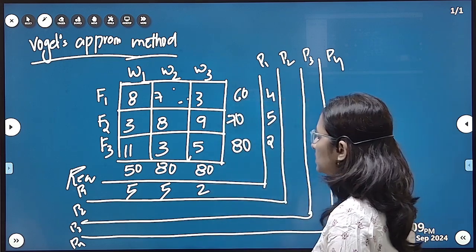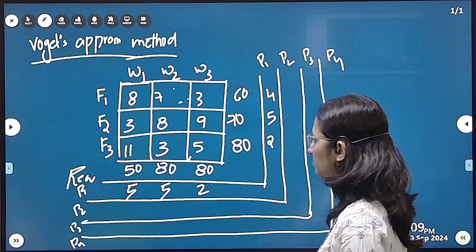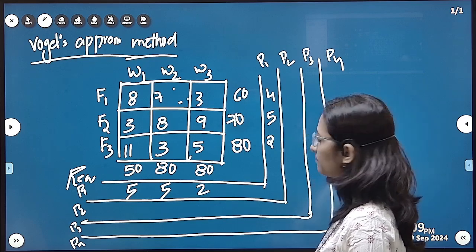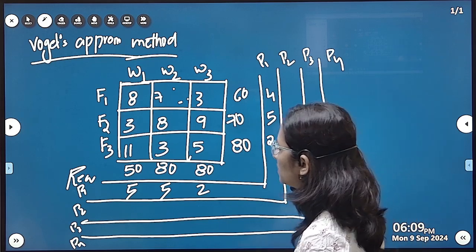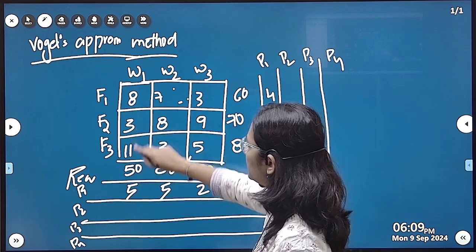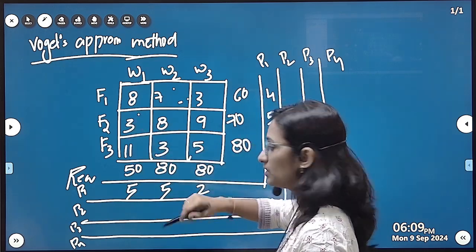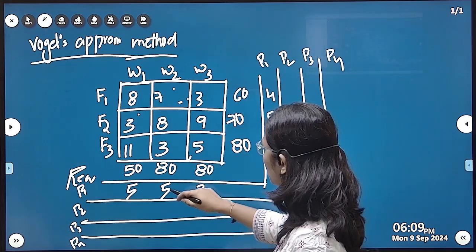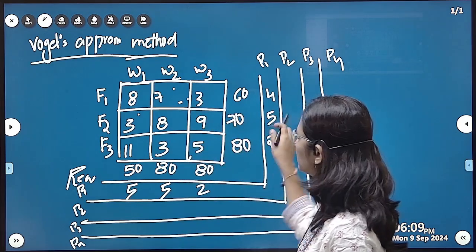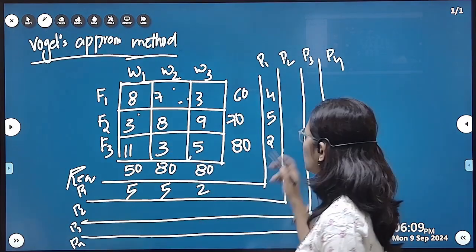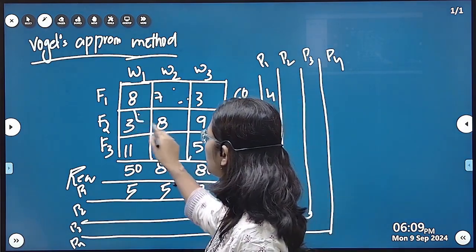Okay, so from this now we need to select the highest number from the row wise and the column wise. So which one is the highest number from this? So this is a 5 number, but we have 3 5s. So which one we need to select? We need to select the 5 which is getting the least number from. So let us take this 5. So here 3 is getting, right, so that is also least number. But we'll take this 5, this is also the least number in this column wise. This is also least number, right? So now this 5 and this 5 here, the same 3 is coming, so now we'll take this 3, okay,